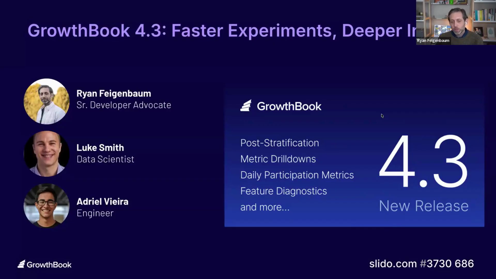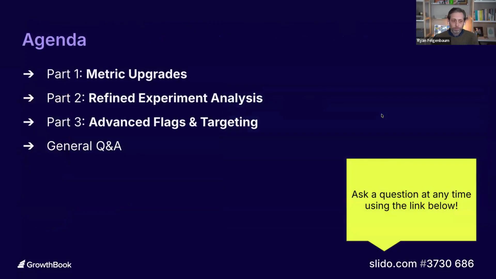But let's give you a preview of everything we're going to talk about today. We have three parts to this, and like I said, it's going to be some slides to give you an idea of what the concept is, but then we're also going to jump into live demos in GrowthBook. The first part is going to be metric upgrades, and this is just going to be some of the upgrades we made to doing metrics in GrowthBook. And then two, it's going to be some of the improvements we made to experiment analysis. And the star of the show there is really going to be post-stratification. We're going to talk about that. Very excited. And then the third part, we're going to talk about how we've improved the feature flagging aspect of